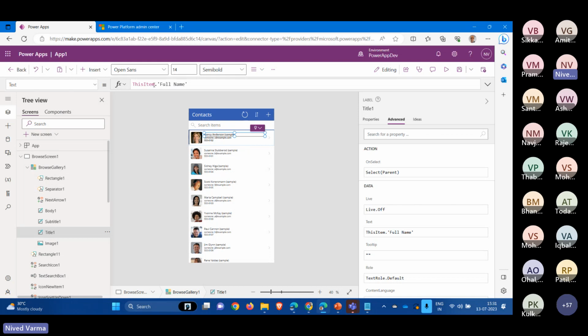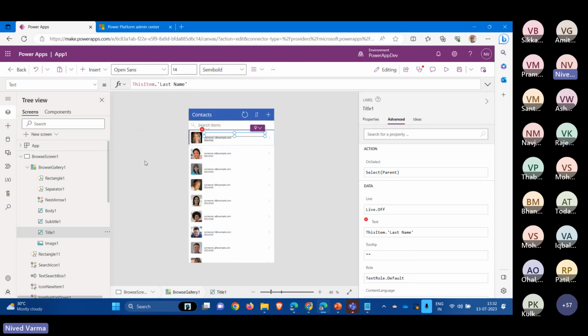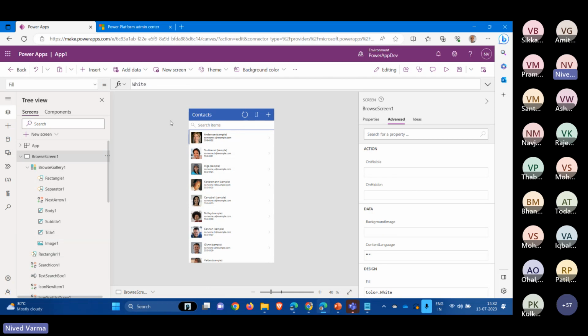So you can see that this item dot full name has come here. Instead of full name, I will say here dot last name. You can see that field here. So this will be mapped to the last name over here. If we want, we can always change the subtitle, etc., in this case. Now understand, see the magic here. If I go here and save this file, and I will say